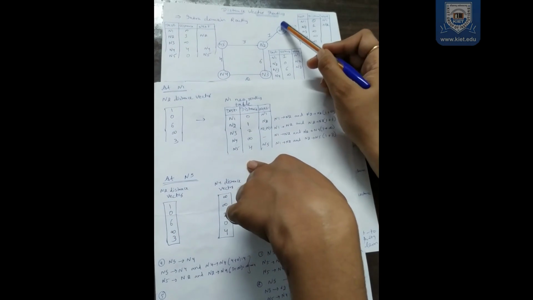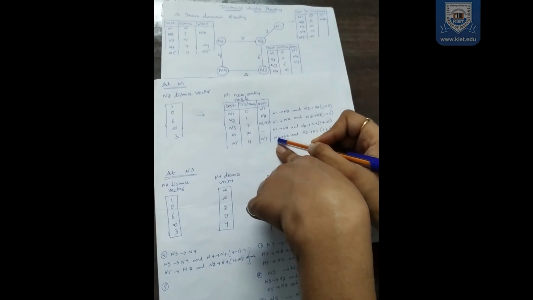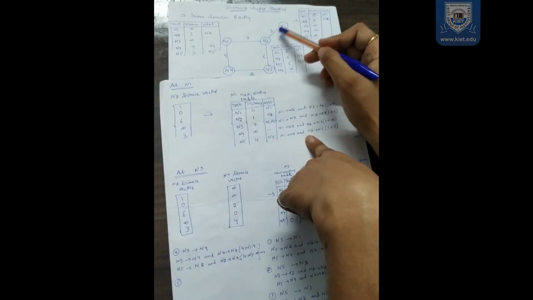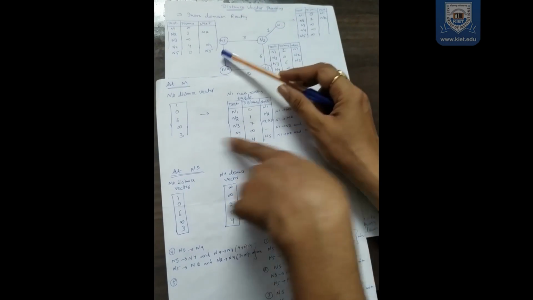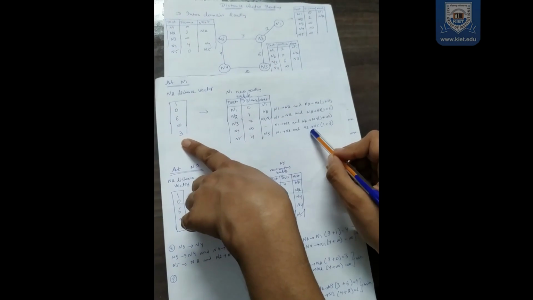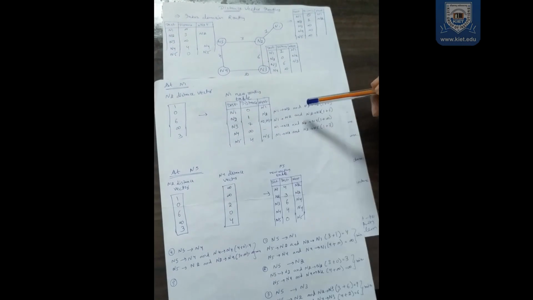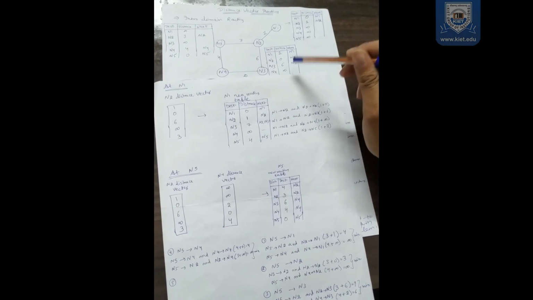Now the distance between N1 to N5 will be calculated like this: the distance between N1 to N2 and finally N2 to N5. The distance between N1 to N2 is 1 and the distance between N2 to N5 is 3. The final distance is 4. And this is the way to update the routing table of a node. Similarly, all the nodes will update their routing table in the similar way. Thank you.